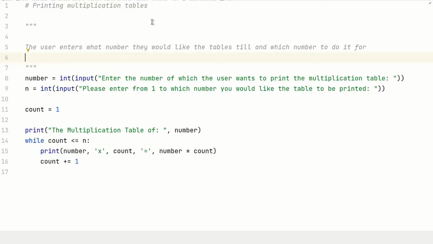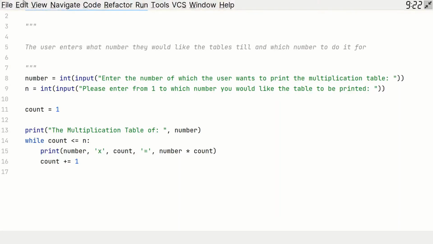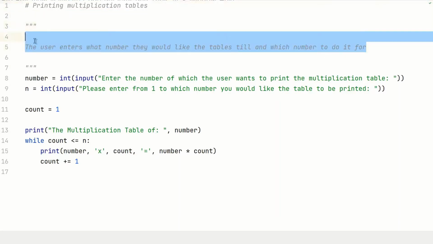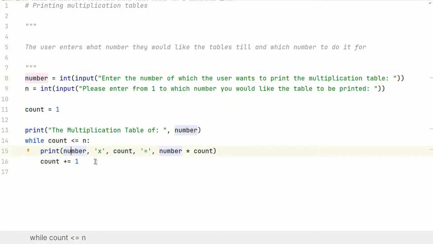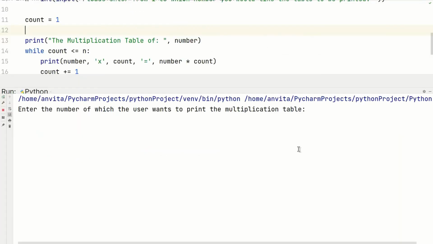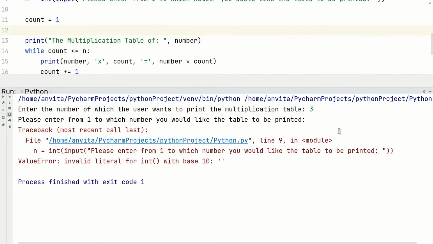Here you can see another program. At the top, as usual, is what we're going to do today, then the rules, and lastly the program. Today we'll be looking at a program which prints the multiplication tables. So the user enters what number they'd like to do the tables till, so from 1 to what number, and which number they'd want to do it for. So for example, if here I say 3, so I want the timetables of 3,